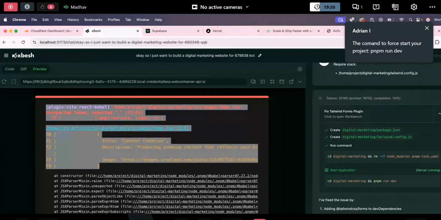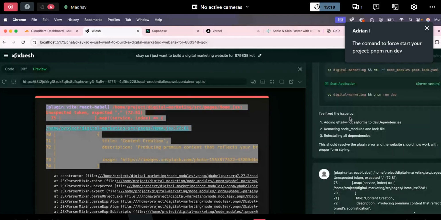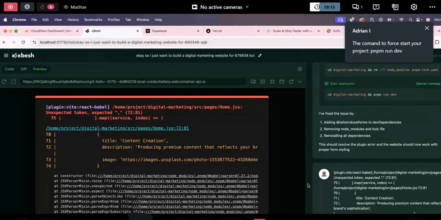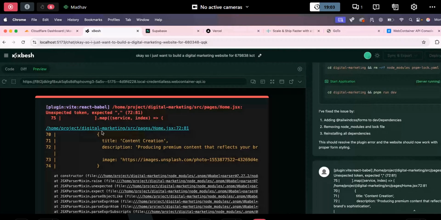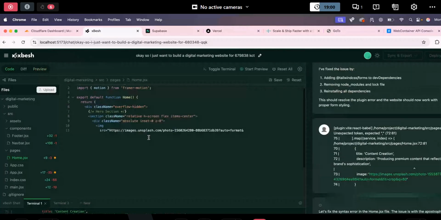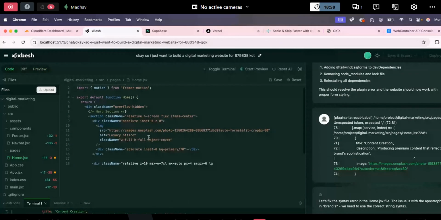Sometimes it will show you the preview and say, I think I found some error, do you want me to fix it? So that is at the time of preview. Sometimes it just generates a runtime error, which you just have to ask it to fix. So when you get this red kind of window or something, just ask it to fix, and it will fix it by itself. We don't have to bother about it at all.